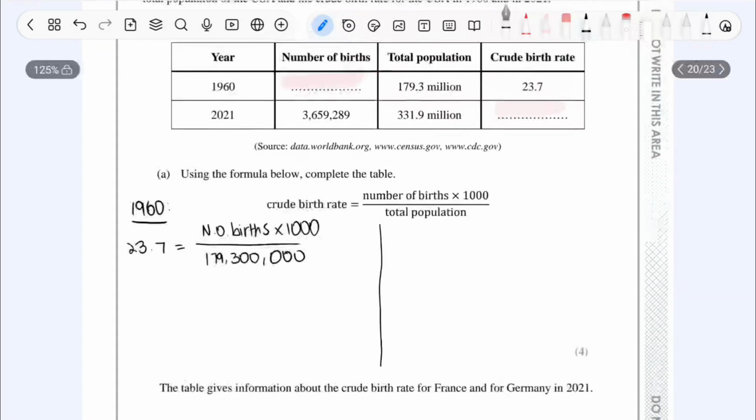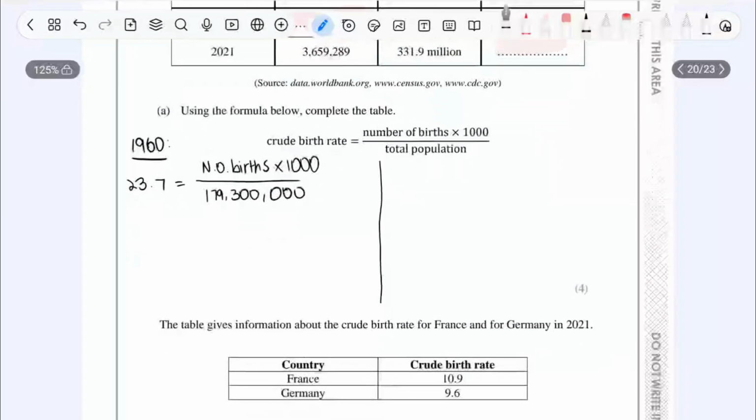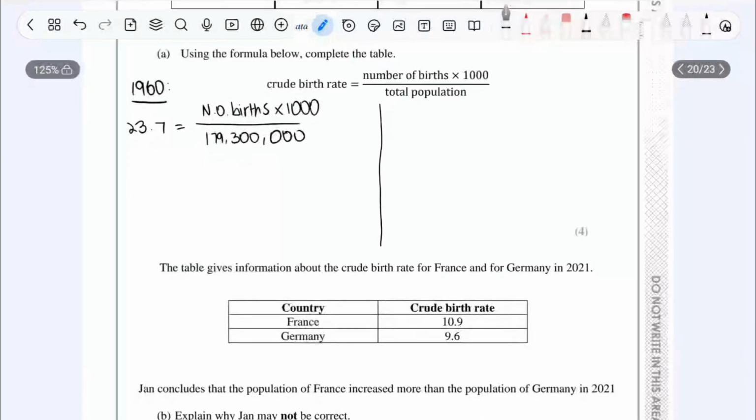The mark scheme accepts both, however I'm going with the latter because technically it just makes sense to do it per person rather than in millions, but it's just personal preference at that point. Now you can do some rearranging. We can multiply by 179.3 million and then divide it by 1000. I'm just going to do that straight into the calculator, and we get the number of births